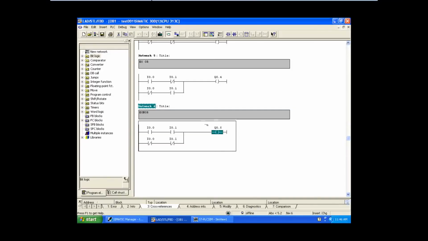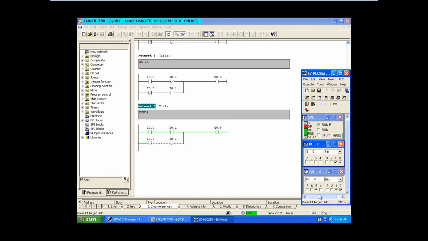So what is the first case of XNOR? 0 0 gives 1, correct? Can you see? No, I have turned on this. Now see here, 0, 0, 1. In the previous one, when I was explaining XOR, I had not turned this off, so it was still in the on condition.